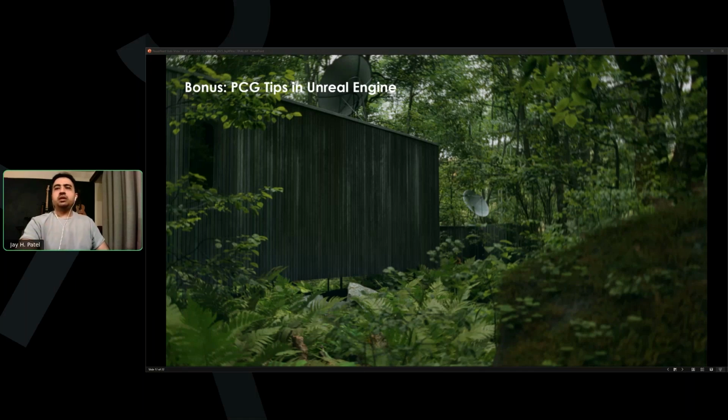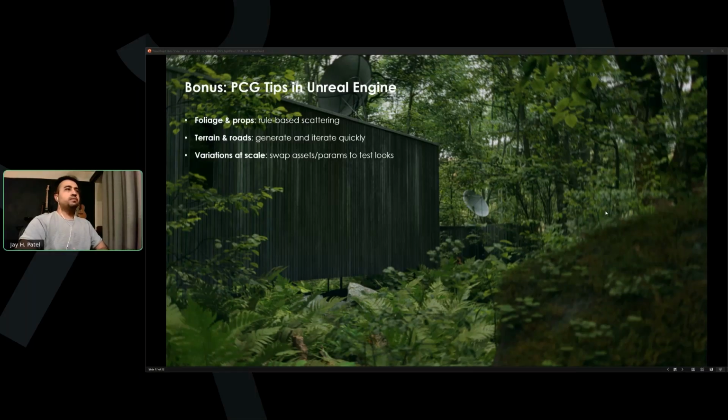So it's a procedural system in Unreal, and it allows you to basically create a rule-based system, whether it's for foliage, props, terrain, and it allows you to expose everything in the graph, which means we can swap assets on the fly. So for example, if I have a tree I don't like, I can just go into the PCG and swap everything in the graph.